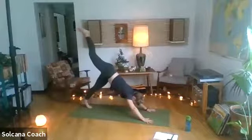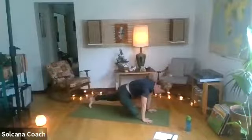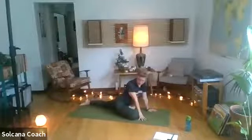Inhale our right leg up to the sky. Exhale, we're gonna bring our right leg forward for pigeon pose. So we're bringing the whole shin up to the front of the mat, untucking our back toes and walking our